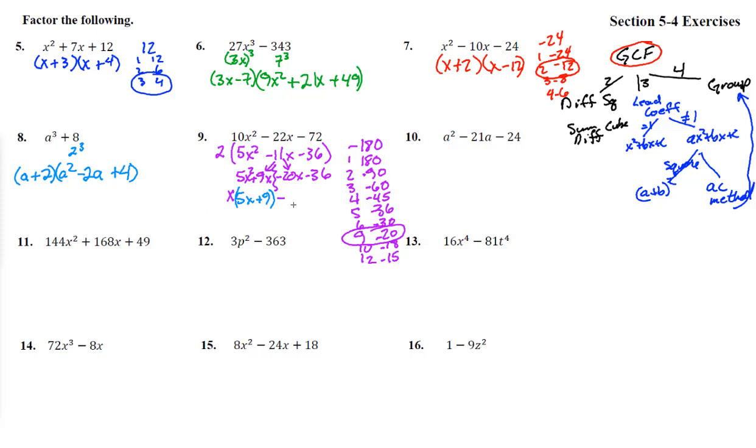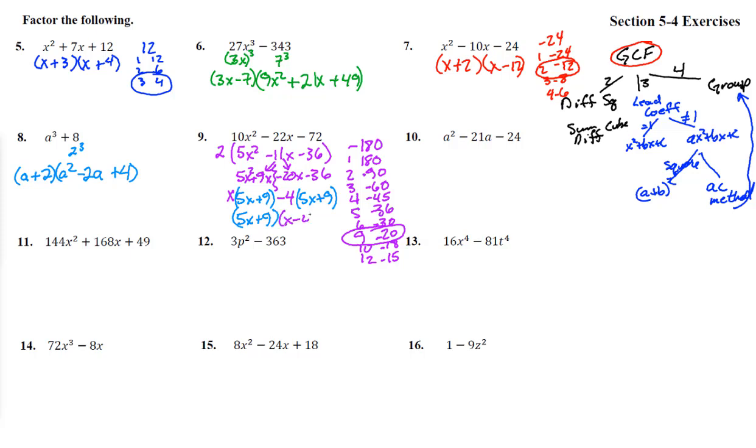All right, what can we pull out of the back half here? Certainly a minus sign. And what goes into 20 and 36? If it's hard to see, we're trying to end up with a 5x. So we better pull out a minus 4. And that will allow us to get, oh good, there it is, the 5x plus 9, because we pulled out a negative 4. All right, so that gives us, pull out that 5x plus 9 out front, 5x plus 9. And we're left with